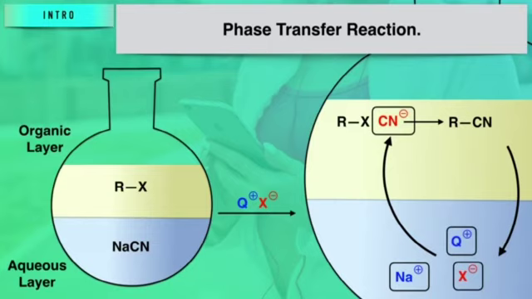And in the aqueous layer, it will again react with sodium cyanide and result in the formation of Q plus CN minus, right? And then further the reaction will go on repeating over and over again. So what you can observe here, only a small amount of quaternary ammonium salt is required and it completely explains its catalytic effect. Yes or no? So this is the process, or this is the importance of amine salts as phase transfer catalyst.